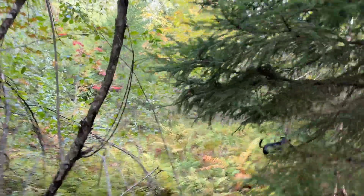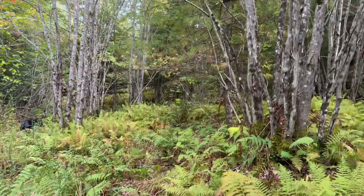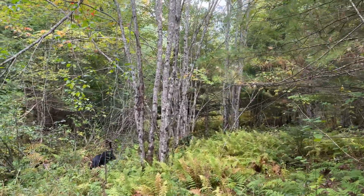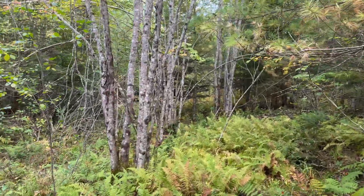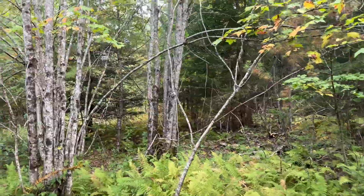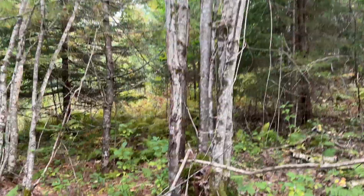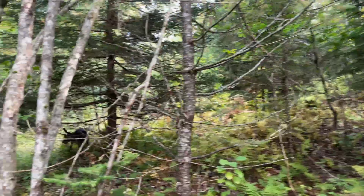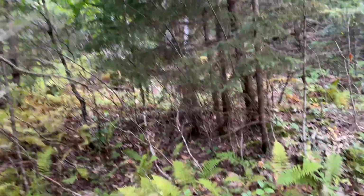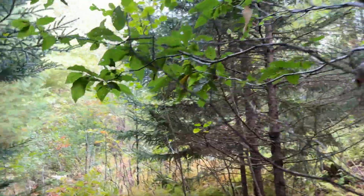And so we've kind of weaved our way around the whole property pretty much. I mean, there's some of it in the east boundary I haven't been over to yet this trip. I've been over there myself, for the sake of keeping the video from droning on forever. I try not to see every nook and cranny of a property, and also it leaves something for you as the buyer to discover. But yeah,